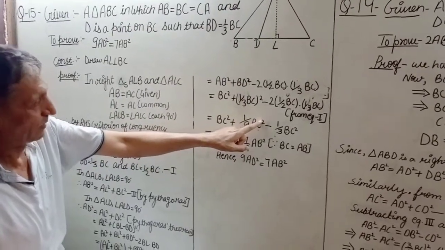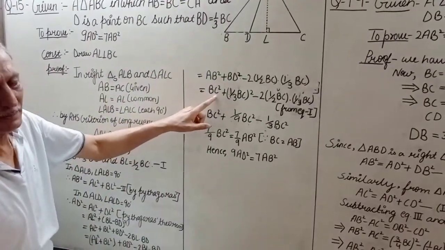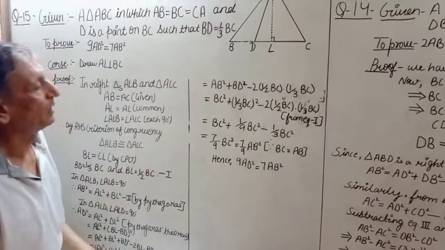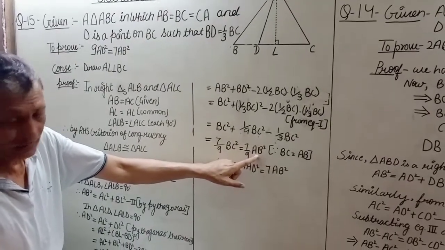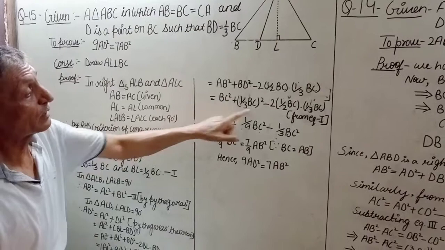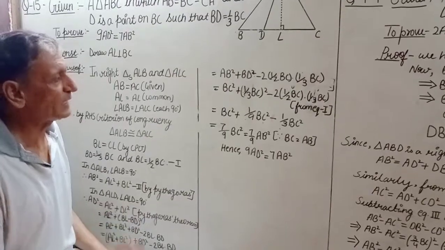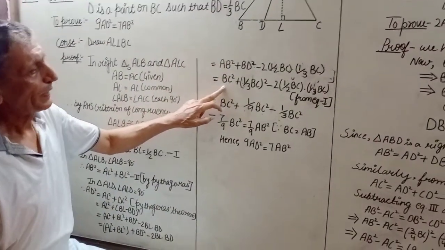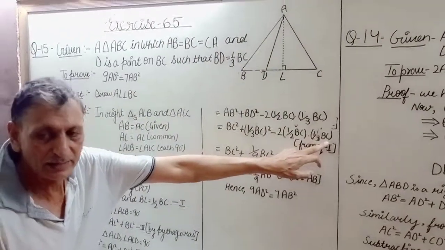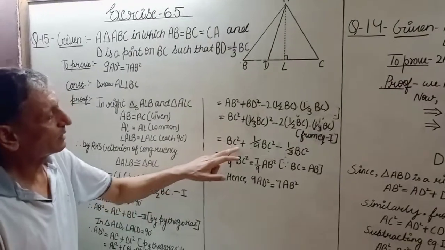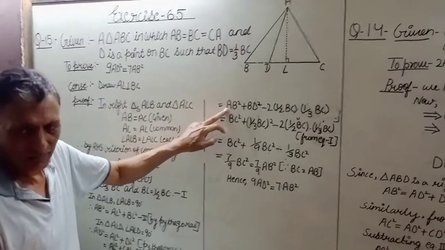1/9 BC square. However, for convenience, we may write AB instead of BC because all the three sides are equal. Later on we will again be converting into AB square. So instead of BC we can write AB, AB and AB. Right? Or you can take BC instead of AB for your convenience.